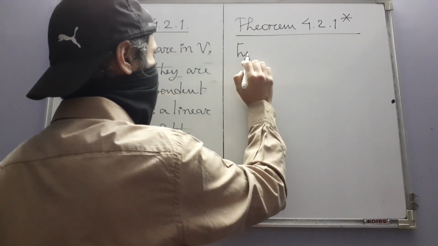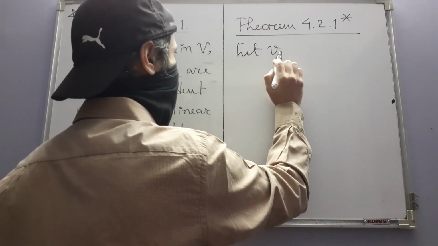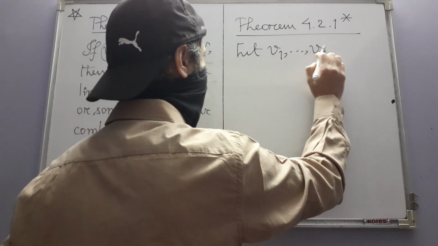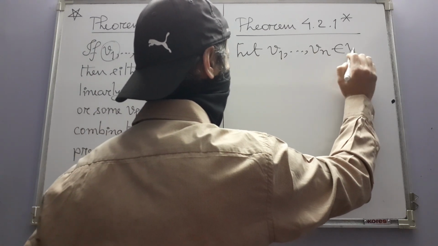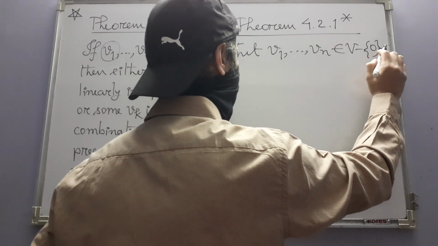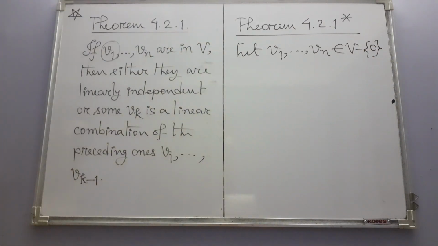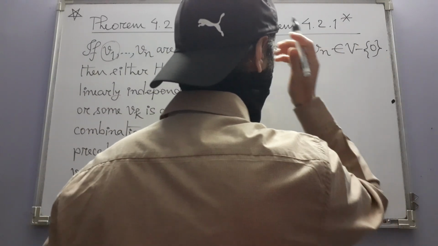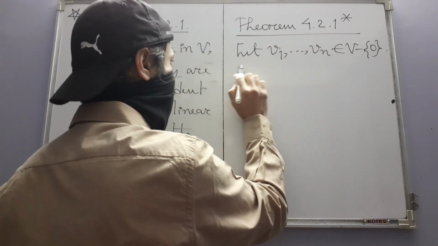Let again we have finitely many vectors, but this time none of the vectors is 0. Okay. Then